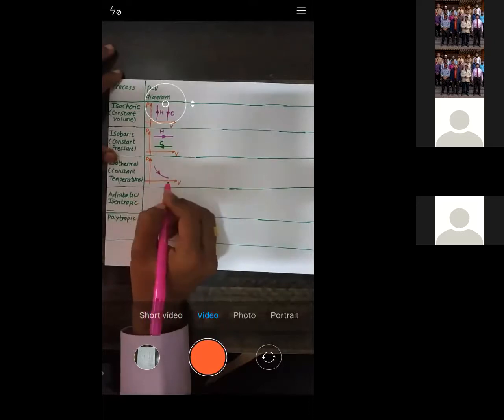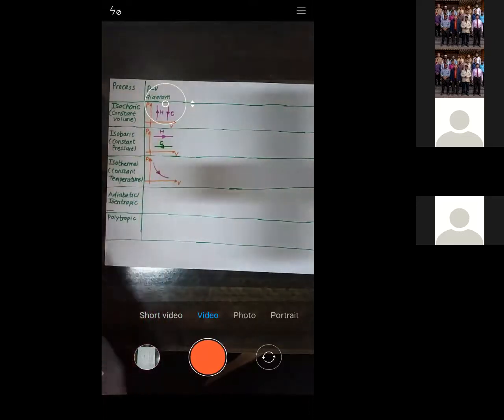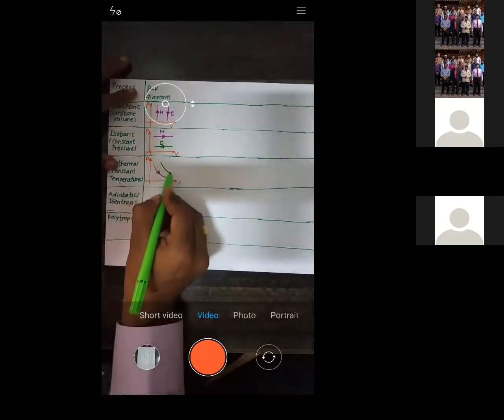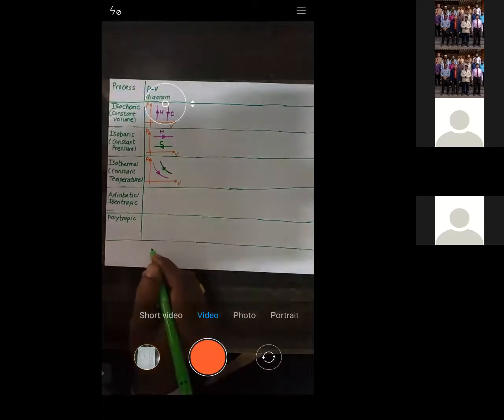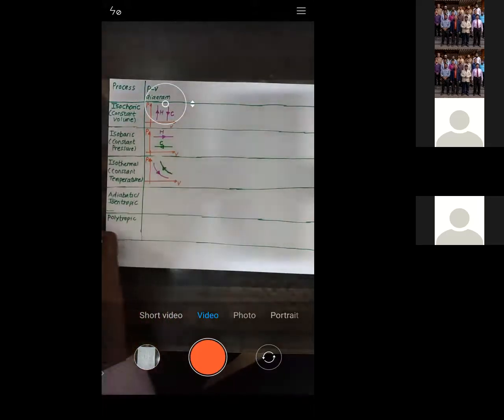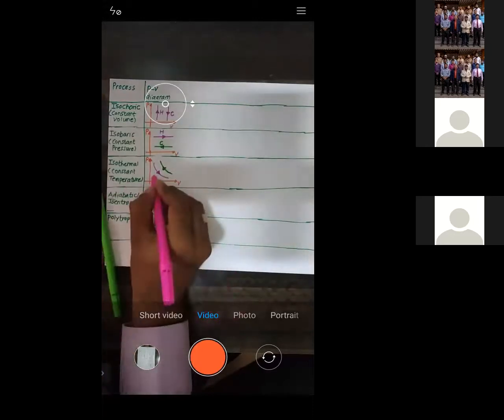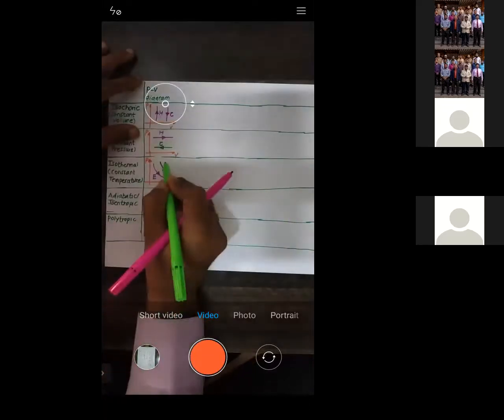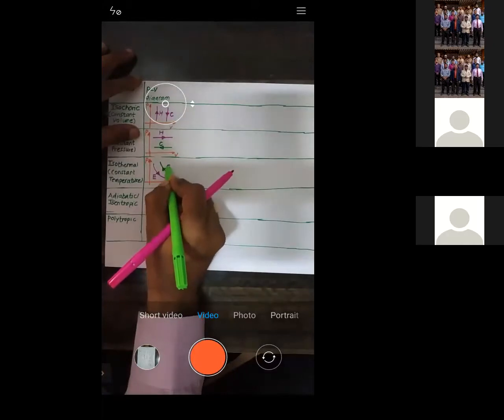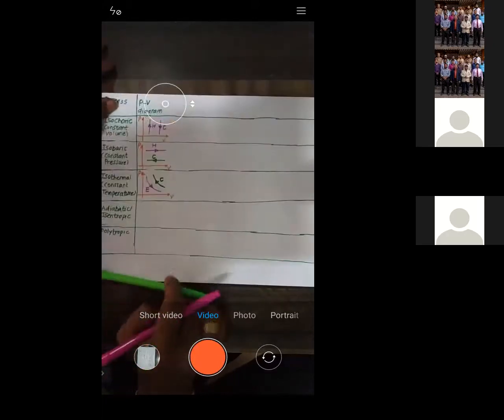It might be like this, or it might be like this. I'm just changing the direction of the arrow. Try to understand: the arrow may go down. When the arrow is going down, it is called expansion. But when the arrow is going upward, it is called compression.